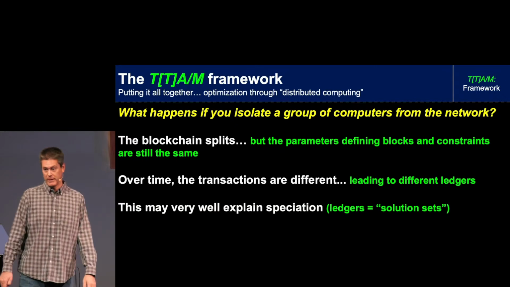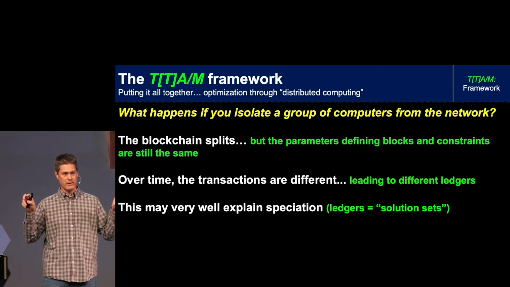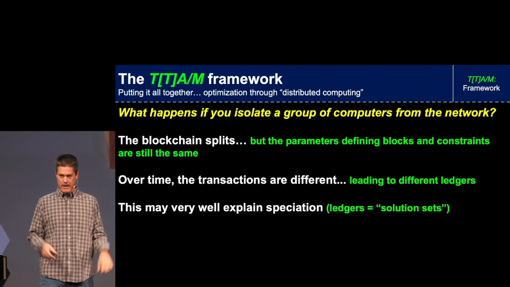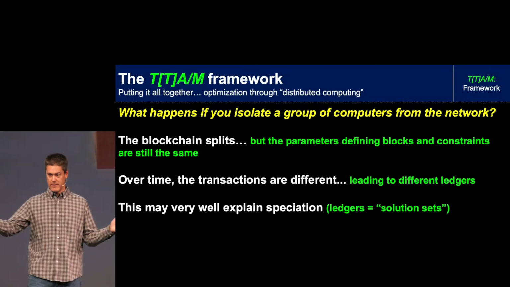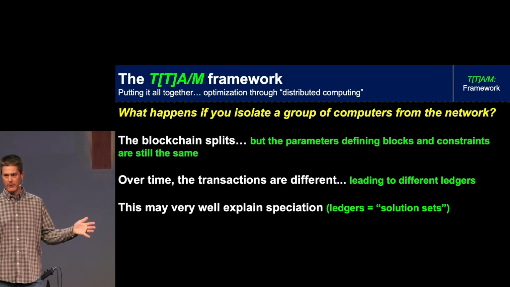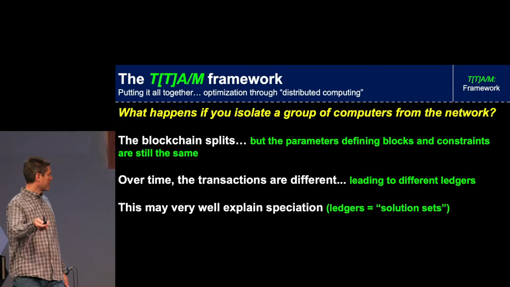And that may very well be what's going on with species. They have a different ledger, they've experienced different life history, therefore they have different solution sets. And therefore they look different than that group of the population that didn't experience those same environmental problems. In addition to that, it probably very well explains